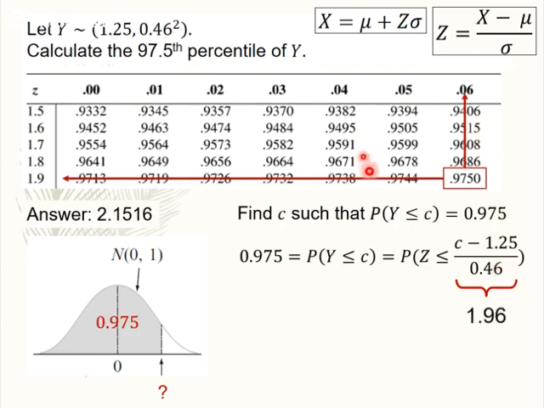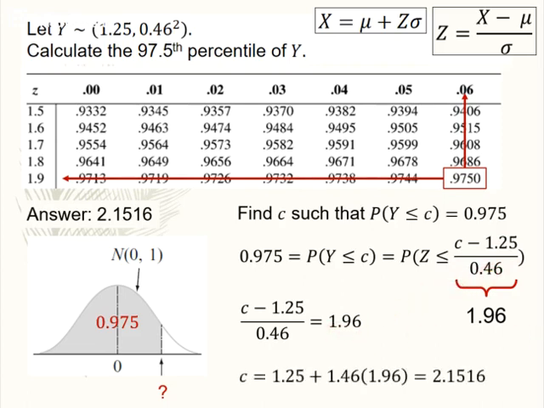So remember your tables give you left side probabilities. So for a standard normal, in order to have 0.975 on the left, this value would need to be 1.96. Okay. But remember, we're not interested in this case here. We're interested in Y, not Z. So what you need to do is find C, because C is the one that is relevant for Y. So I just took this part and I formed an equation. I said C minus 1.25 divided by 0.46 equal to 1.96. And if you solve this, this gives you your